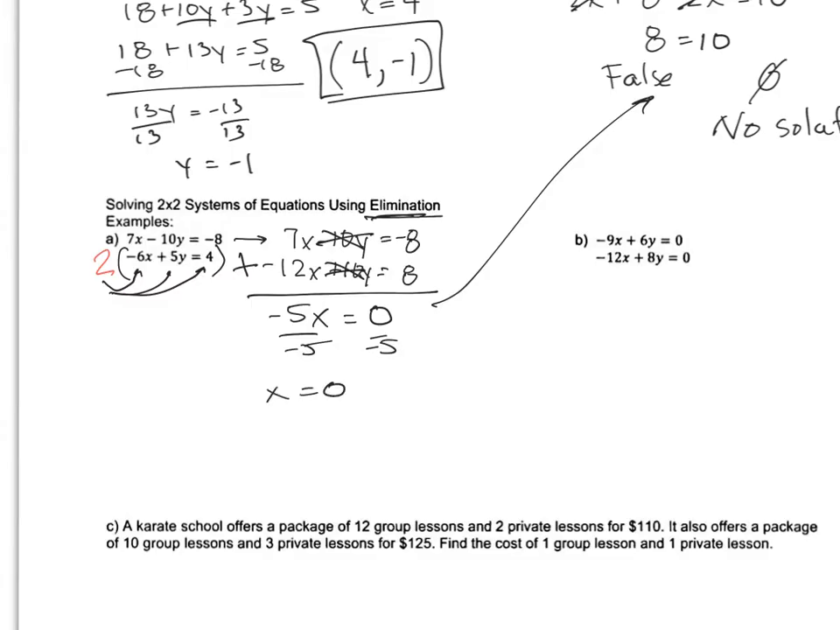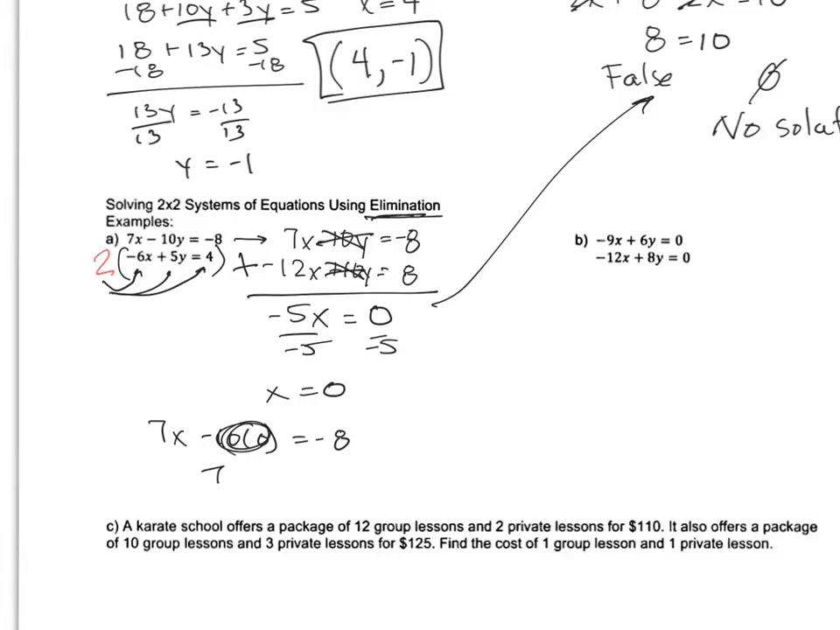Now, because it's a point of intersection, you have to go back and find y. I have a lot of this stuff written all over, so I'm just going to use, it doesn't matter which one, the top equation and substitute my 0 back in. So we have 7x minus 10 times 0 equals negative 8. Again, substitution, I use parentheses. This is, of course, a 0 right here. So 7,